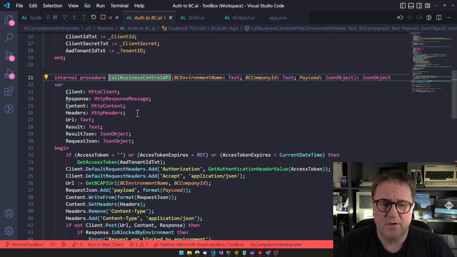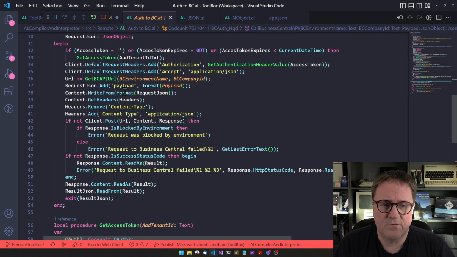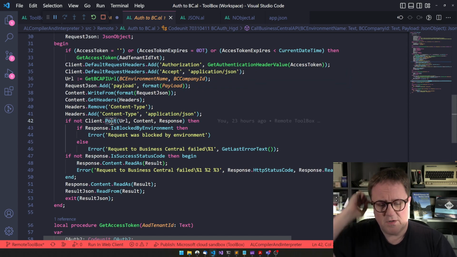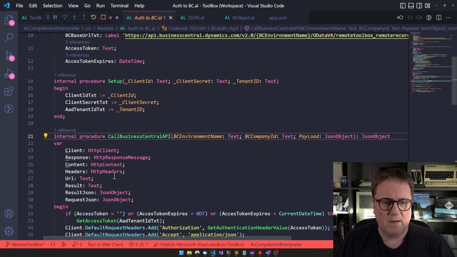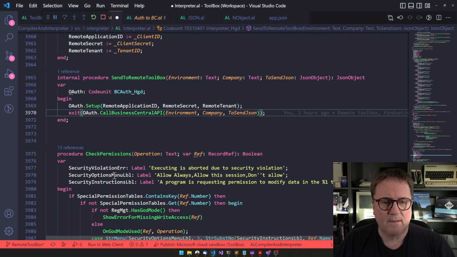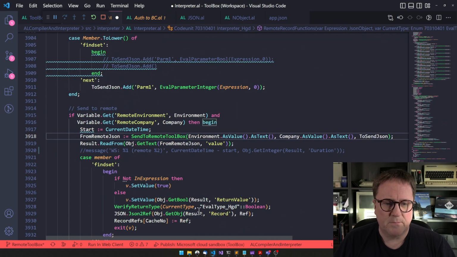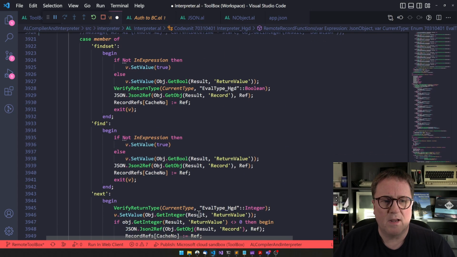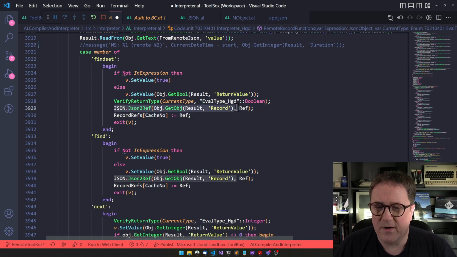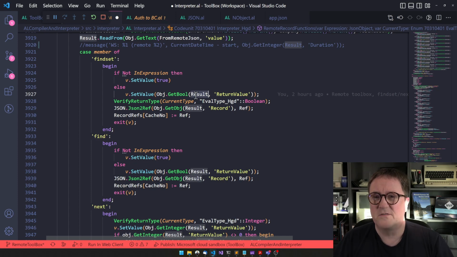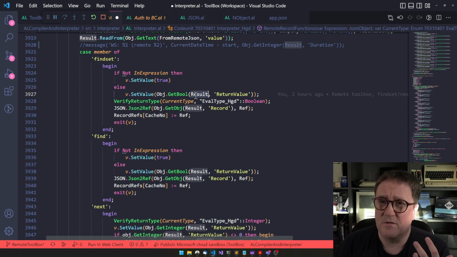So eventually that calls into a post into an exposed code unit, gets the reply back, and then we look at, if we call find set, well, clearly we got a record back, we got a result back, which is the true or false out of the find set,